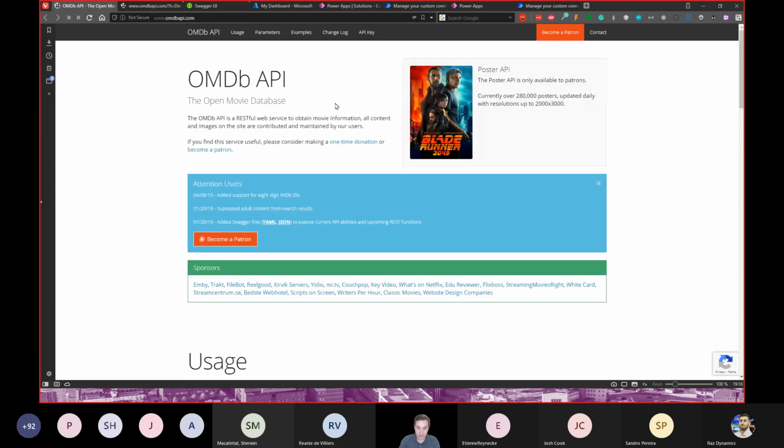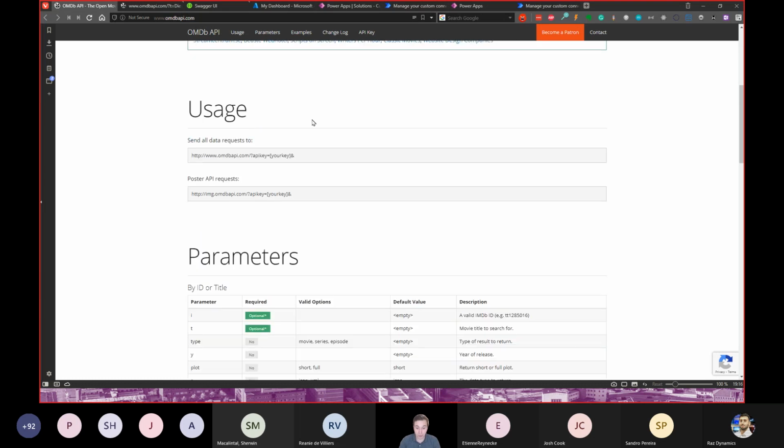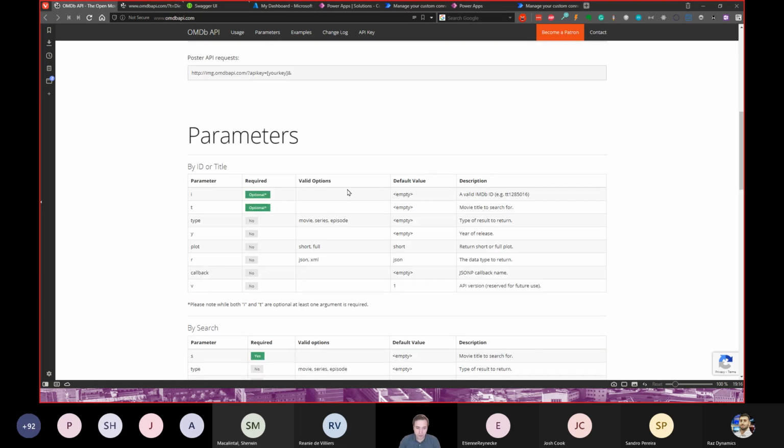OMDB API. So it's basically about movies. So you could request it and get all the information for, as they have here, Blade Runner, for example, or any other movie there is. You could get the actors, the ratings, an image, description, and a lot of information you could use in different ways. So we want to create a custom connector to this API